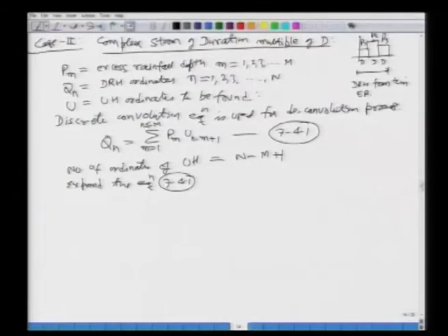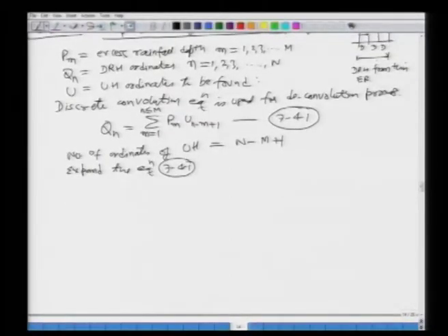storm. So, you see here we are at case 2, which is the complex storm of durations of multiples of d. Let us say this is the effective rainfall hyetograph in which you have more than one effective rainfall impulse of duration d. And then we define these various terms.